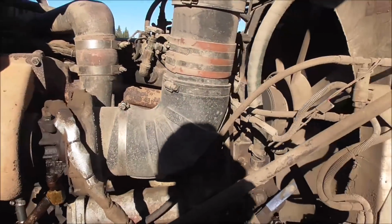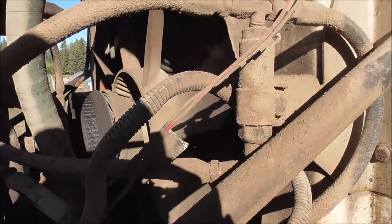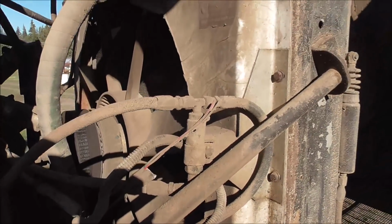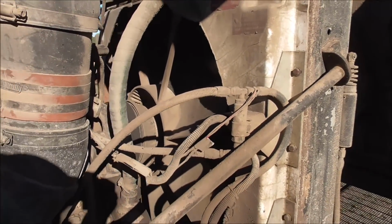This thing needs a new fan blade. Look at that, Cummins. That's what we're dealing with in there. Apparently I can do it without taking the rad out, so I guess I can just get to the fixings on the front, and I guess they're nice and short, but...